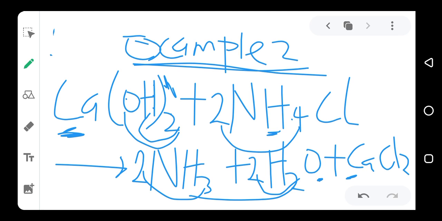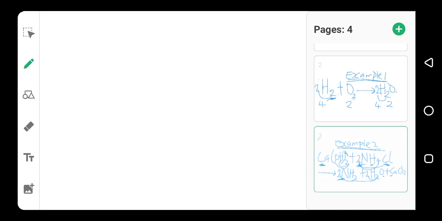Hydrogen is now balanced. Now we move to nitrogen. We now have 2 nitrogen here on the left hand side, and here we have 2 nitrogen also, so it is balanced. Then we come to chlorine. We have 2 chlorine here, and we have 2 chlorine here, so everything is balanced. Therefore, the balanced chemical equation here is